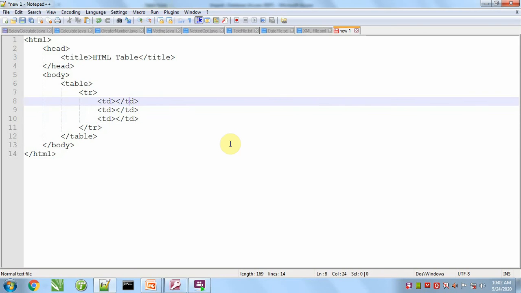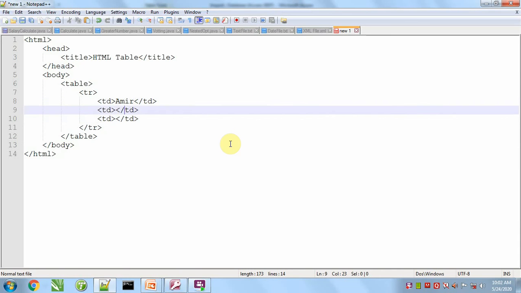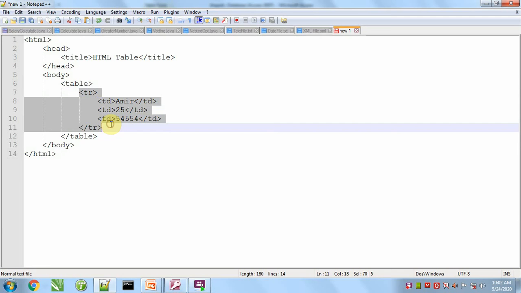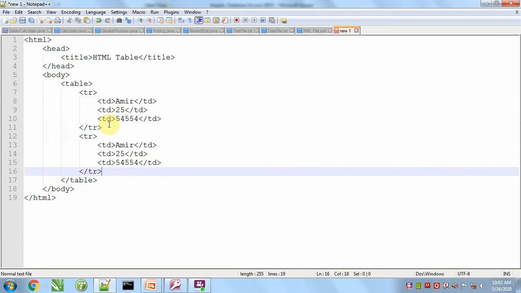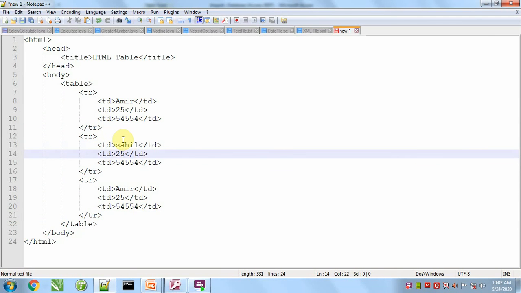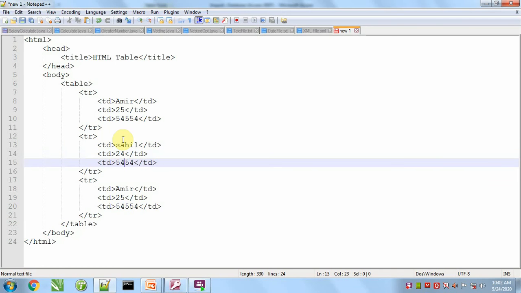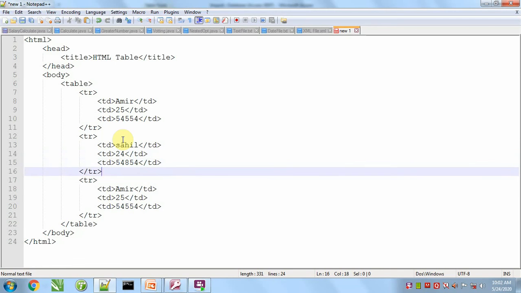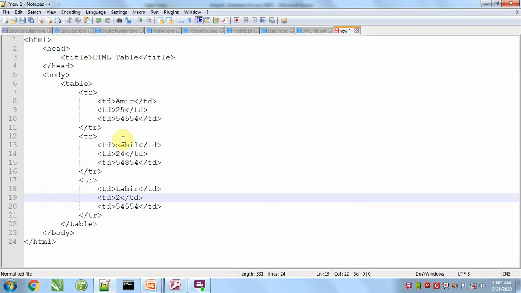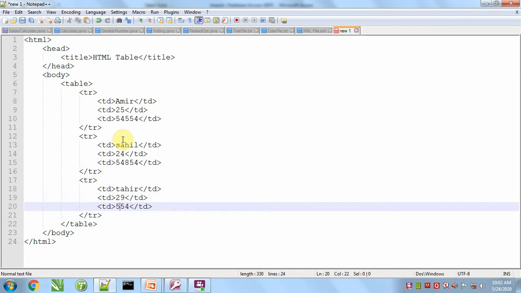Copy paste. Copy and paste it. Save this file.